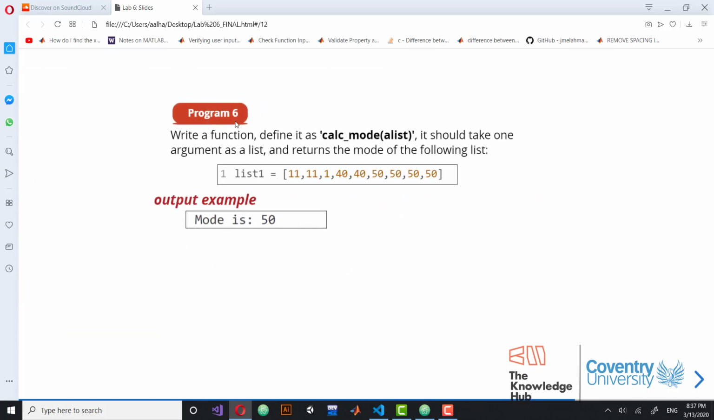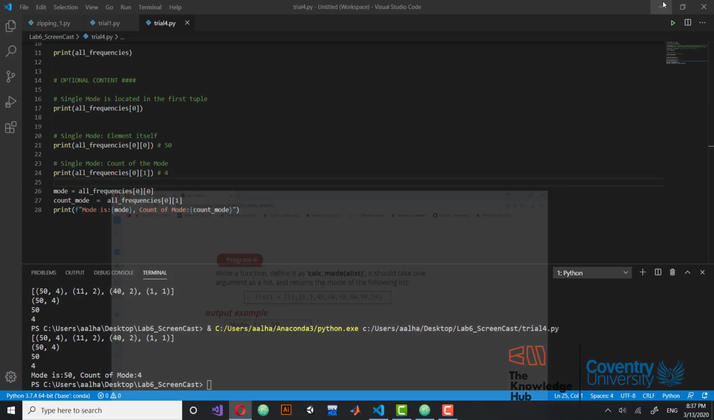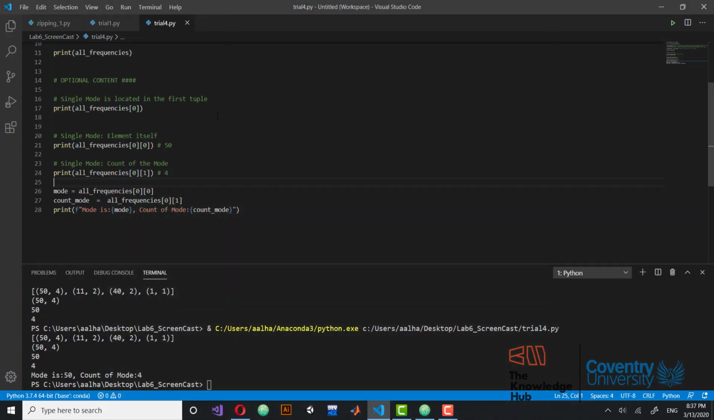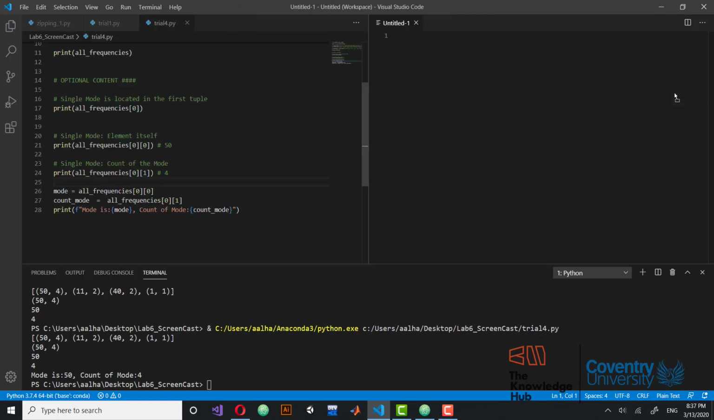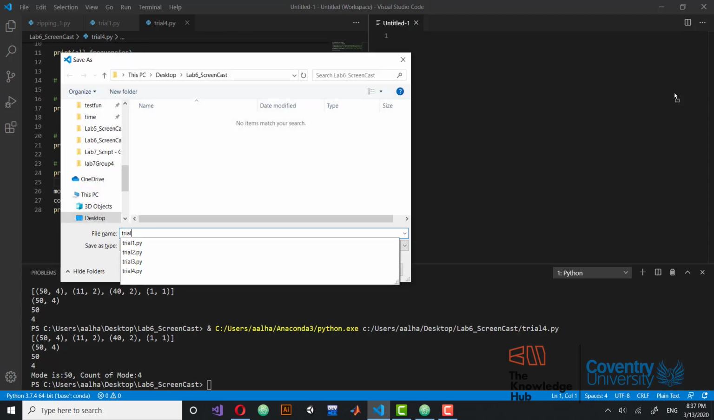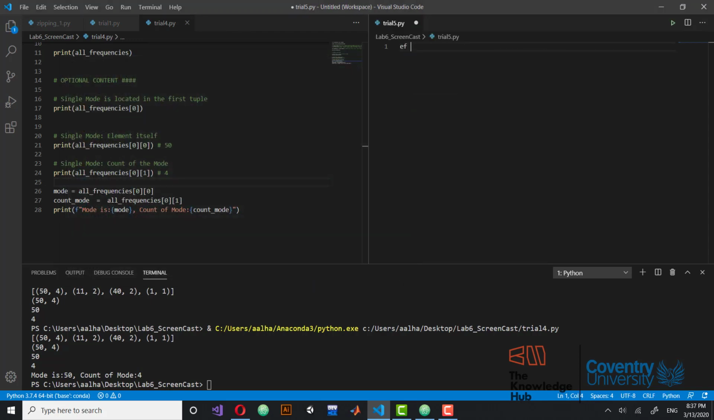Or not the first program, it's program 6, calculating the mode. But we didn't make a function that does this. So basically to make a function that does the same thing, it's essentially the same. We're just gonna copy some stuff into a function. So let's take this to the right side and save this as trial 5, for example, .py, and let's define a function and name it